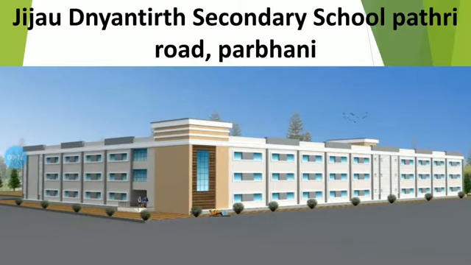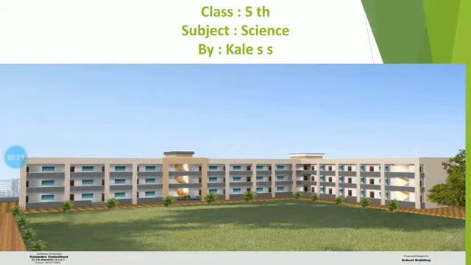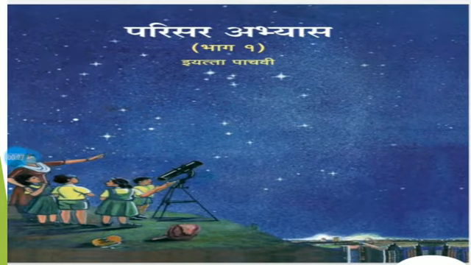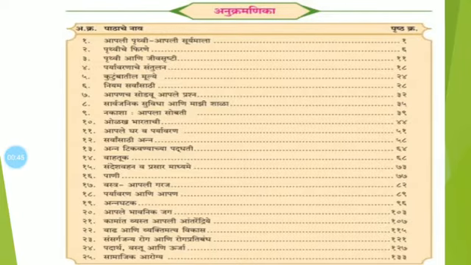Friends, today we have to see the science of standard 5th. In this book, up to the last lecture, we have seen the information about different chapters and topics. Today we have to see the next topic. The name of the topic is Maps Our Campaigns. See, chapter number 9, Maps Our Campaign, or Map is Our Friend.